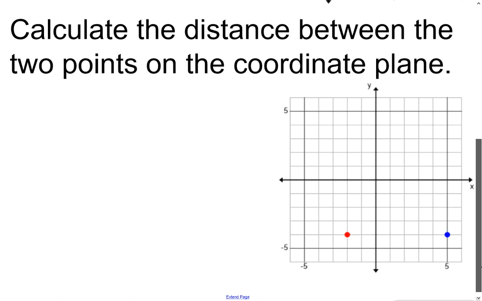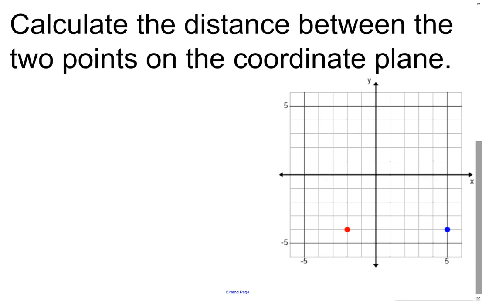So when I come down into this one, I have my red point, I have my blue point. I want to figure out how far it is in between these 2 points right here. And again, we could count it, and we'd notice there's 1, 2, 3, 4, 5, 6, and 7. I gave you 2 examples where the distance in between the 2 points is 7. But this time it's not 8 and it's not 1, but this time notice the coordinates at our 2